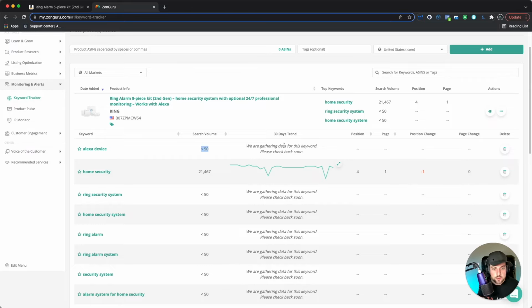You could be using other strategies to drive external traffic to your listings and try to bump up the rank overall in Amazon that way. There's so many different methods that you can use to try to bump up your overall organic ranking, but this just kind of gives you a good benchmark to start with, because what can't be measured can't be